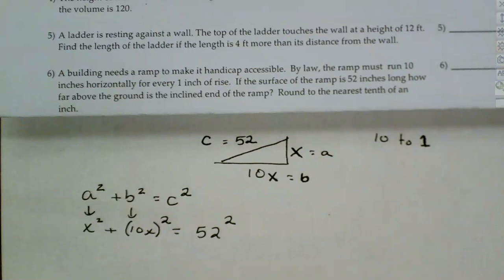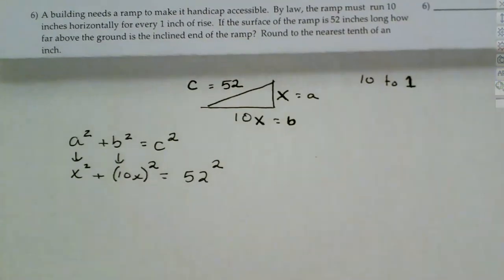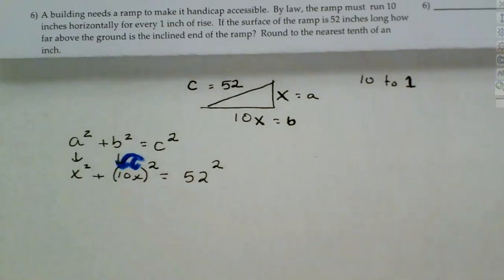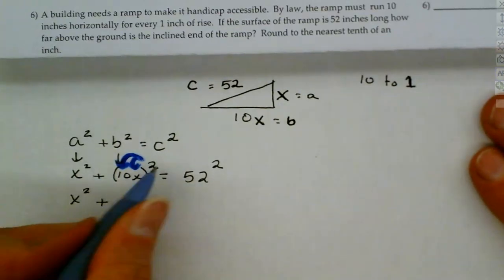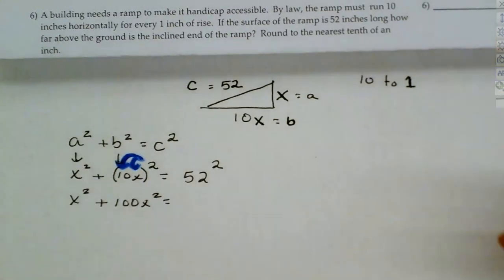I'm going to do one more step for you. A lot of times students make a mistake here. Now, notice I put the parentheses around that 10x, because you've got a square. So you have to distribute that square through each part. So when I do that, I now have x squared, and 10 squared is 100x squared. And 52 squared